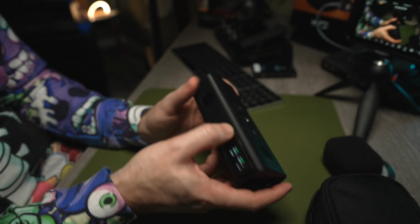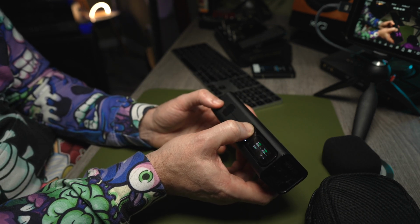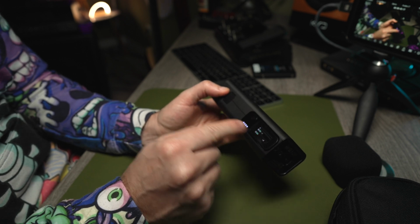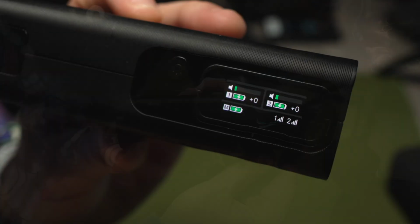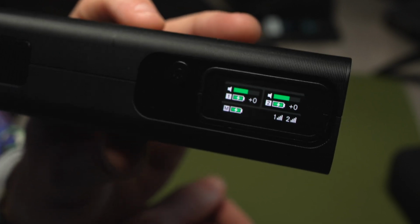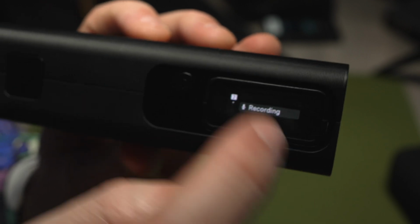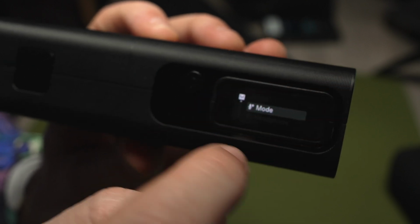That wasn't the easiest thing for me to do. They are on. So a long holding press will turn the whole system on and off. But then long hold, and then you have to let go, I think, when, there we go, yes, when you see the levels. Okay, let's go through this. So you can see I'm talking into it, and we can see levels on both. So the way this works is you can swipe in the left direction to access mic 2, I think. Yes. Or swipe back in the right direction to access mic 1,